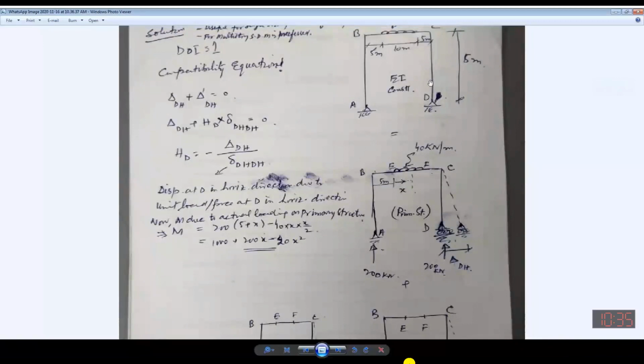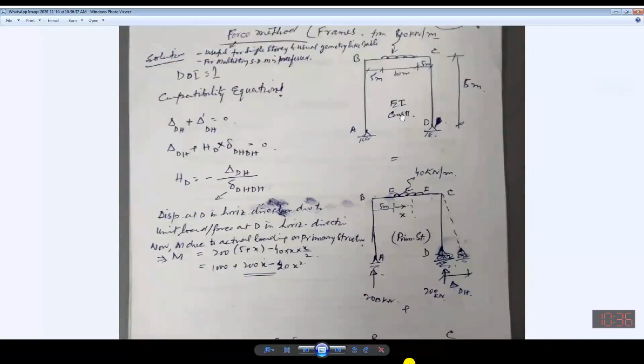That means it is in contact with this support. This is the compatibility. So it should remain in contact with this support. This is compatibility. Now, for the solution of this numerical, this can be broken into